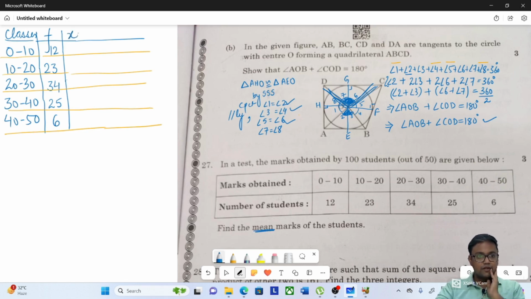So for the mean marks, you need to be smart enough to calculate the class mark for each one of these classes, that is the average of the lower limit and upper limit. So 0 plus 10 by 2 is 5, 10 plus 20 by 2, 30 by 2, 15, and once you get the pattern you can follow the footsteps as I have been telling you, and 45. Though multiplying is a bit lengthier, or you can say a hectic task here,